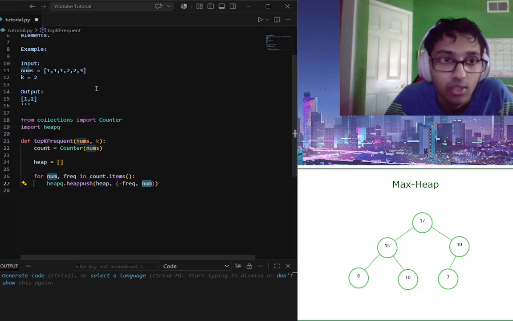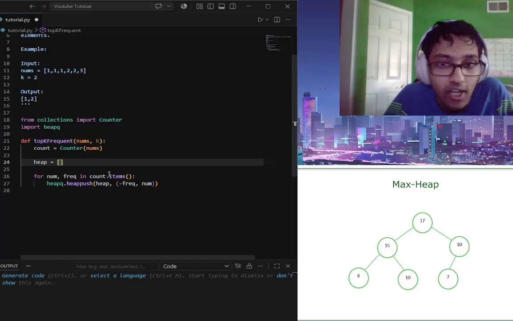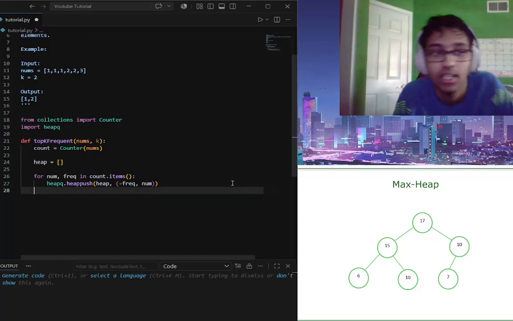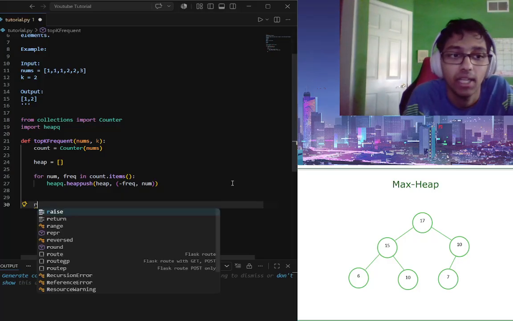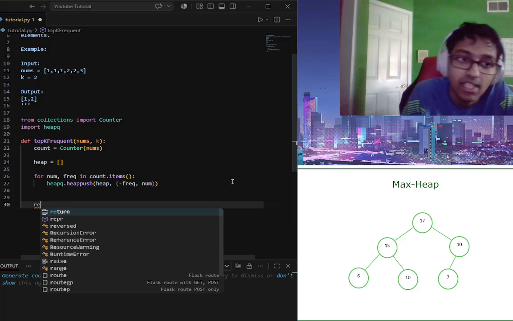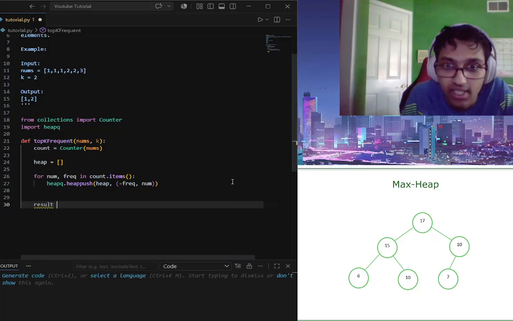This is going to be stored as -3, comma 1 in the first slot of our heap, right? And now that we have our min heap, or max heap in this case, because that's technically what this is,